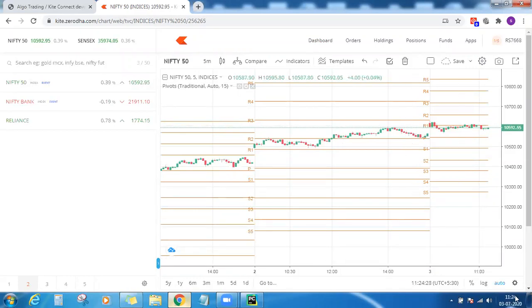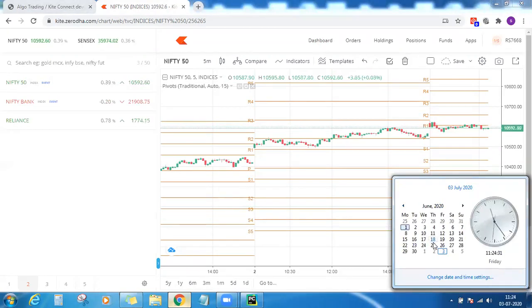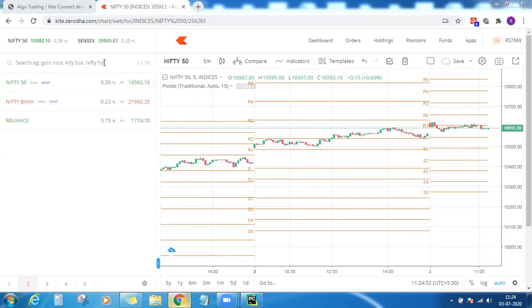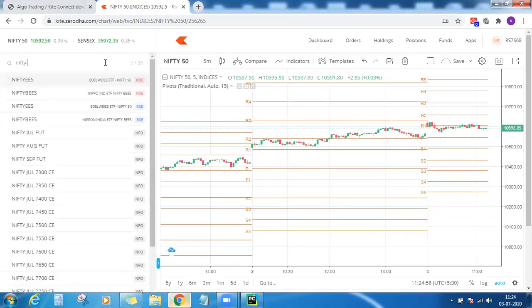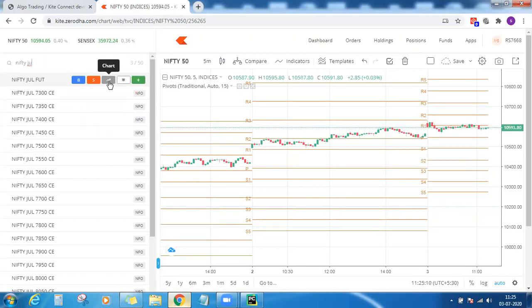So July month historical data means from when the expiry date of June was 25th. Now from 26th of June, the July month contract got started. So July month historical data starts from 26th, 26, 29, 30, 1, 2 and 3. All these days you can get it. And there are also something called continuous futures and continuous options. So if you can get the continuous future and continuous option symbol here, that also you can use, and that will be continuous data.